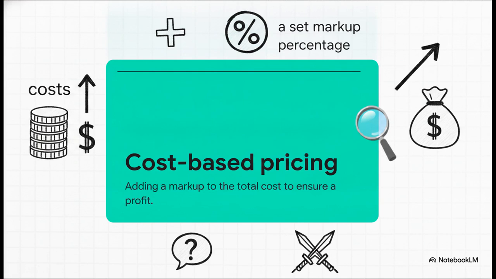What's kind of surprising is just how common this is in major B2B sectors. Take government defense contracting, for example. They rely heavily on cost-plus pricing to ensure these massive, sprawling projects don't bankrupt the suppliers. But for everyday consumer goods, the fatal flaw here is that it completely ignores what the customer might actually be